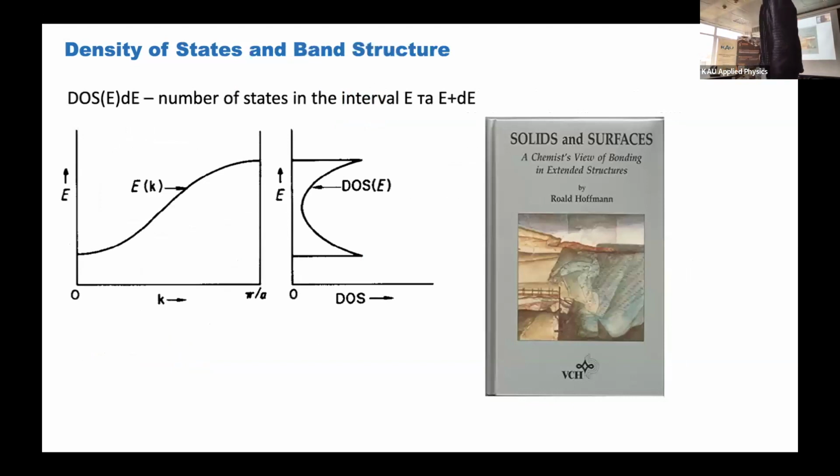And how can we connect them? I also showed this slide. I don't know if you read this book; I have sent it to our Telegram channel. So we can calculate the number of states, the density of states, per energy. On dE, dE is an interval from E to E plus dE. So we have some number of states in this interval, DOS(E) dE. And then we have some band structure and some DOS distribution, this DOS plot.